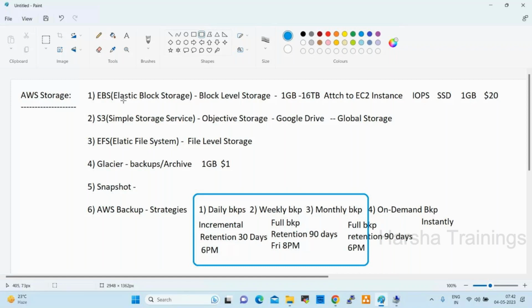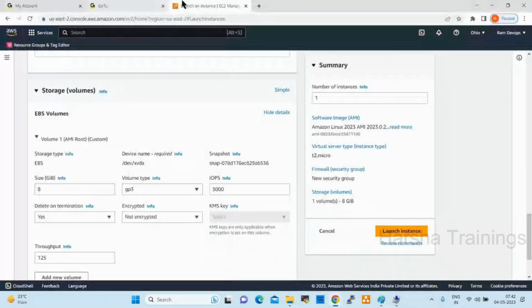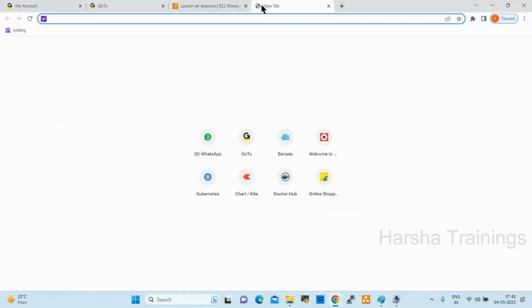So I'll show you some overview. These are very, very basics. Okay. So earlier, when we used physical data centers, we used to configure this. Currently, we don't need to worry about it. Currently, AWS is taking care. Okay. So here, if you search here,